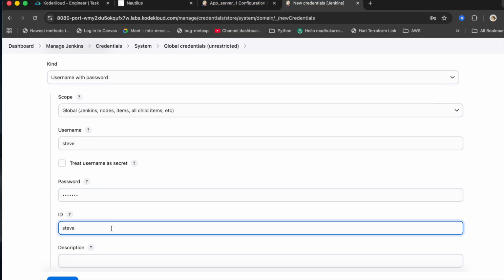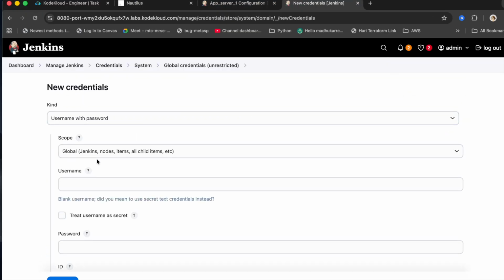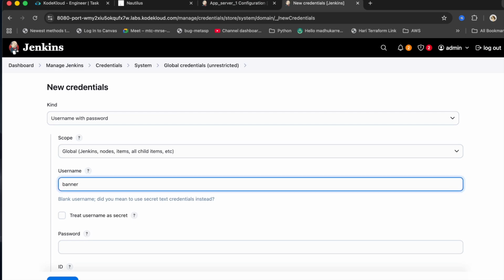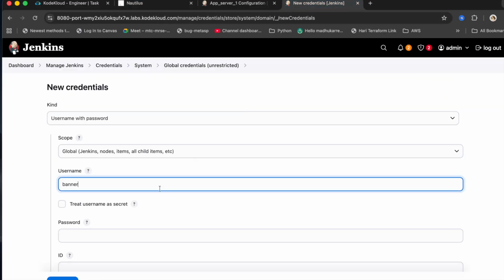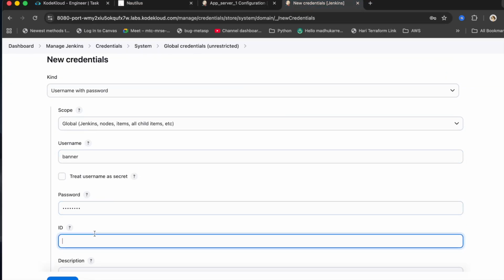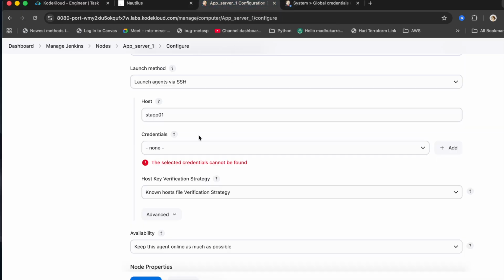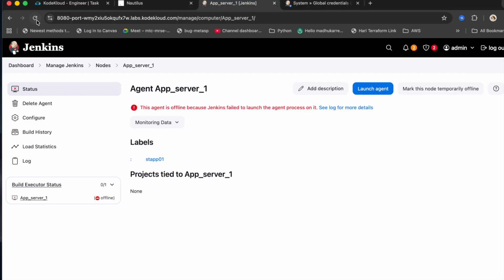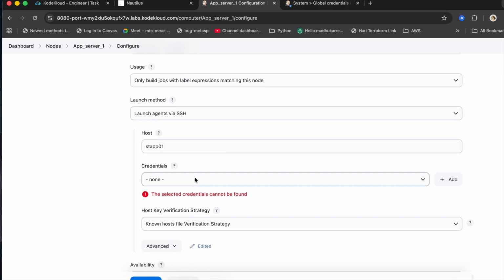I'm going to put ID Steve, add credentials, and then for banner, once you do this, click on save and click on configure again, scroll down, you can see credentials here, Tony,